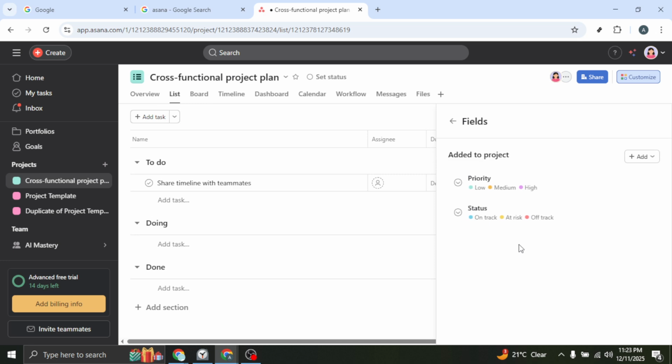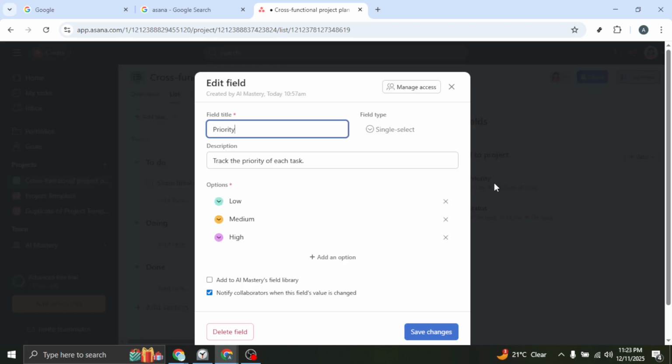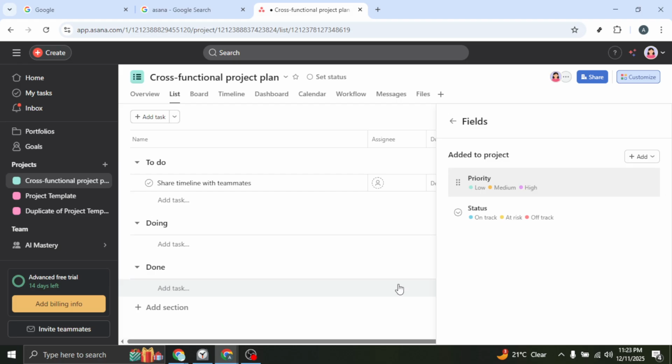Next, find and click Priority. This adds the priority field to your project so it's visible on your task list and within individual tasks. After selecting it, make sure to save your changes. Saving confirms that the priority field is now part of your project's setup and makes it available to everyone who